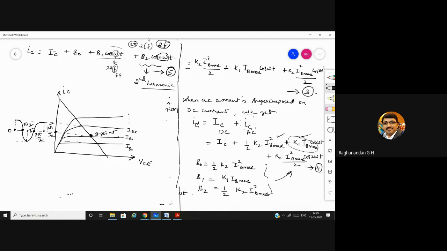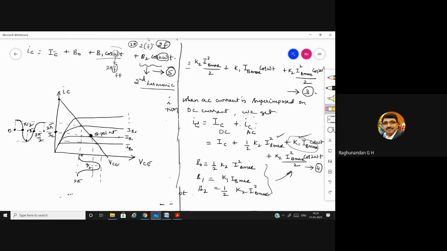The same way we are going to plot for the voltage. The same markings you'll be having. Pi by 2, this is 2 pi, this is 0, will be the same. And this point is VCC, and this point is the saturation current.